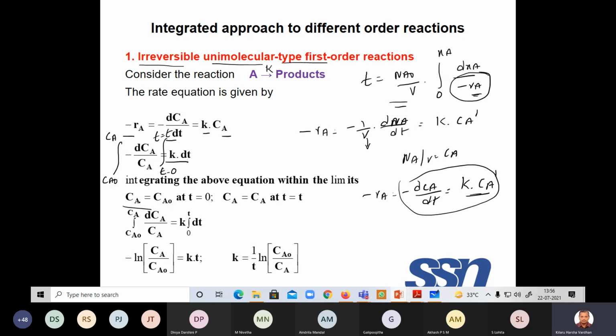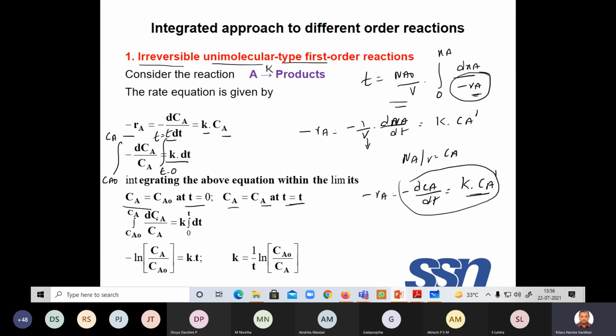So that is what I am putting in the limits. CA is CA naught at time t is equal to 0. CA is CA at time t is equal to t. So if you substitute the limits, then what will happen? Minus dCA by CA, CA naught to CA. There is a minus, so you can change this lower limit and upper limit. Therefore,